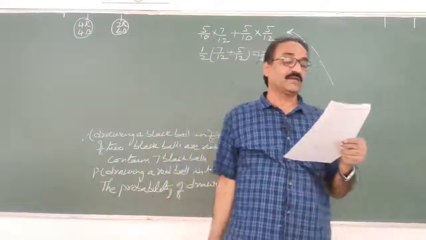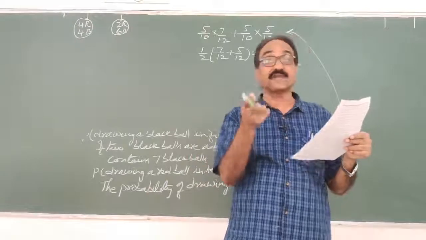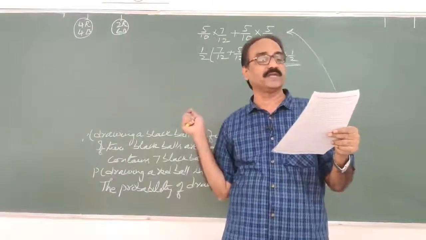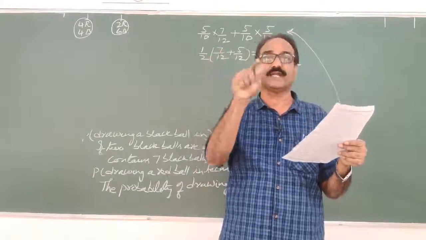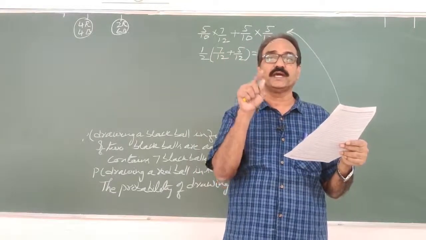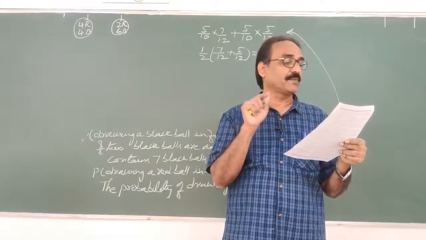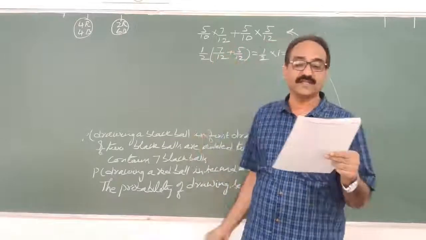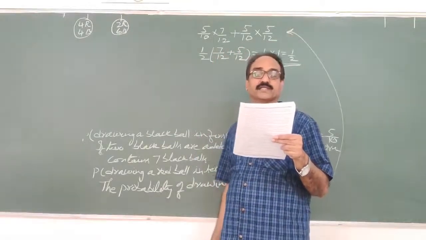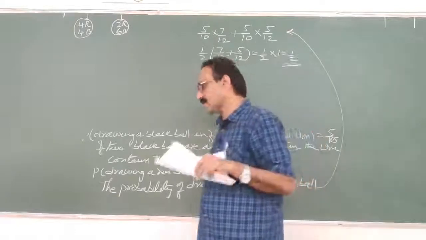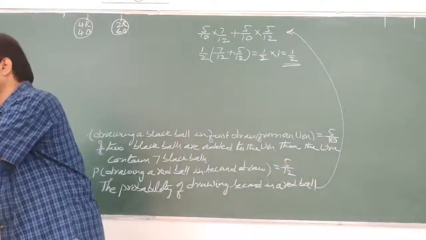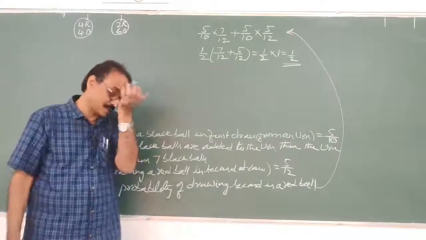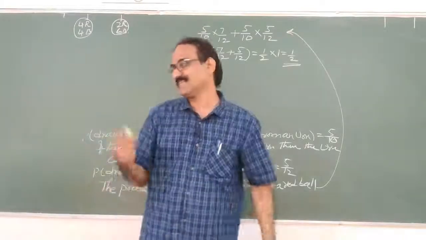Now he said one of the 2 bags is selected at random, and a ball is drawn from the bag which is found to be red. Find the probability that the ball is drawn from the first bag. Now, what is Bayes' theorem we told, now we have to understand that. My dear students, explanation is easy, I will tell you.